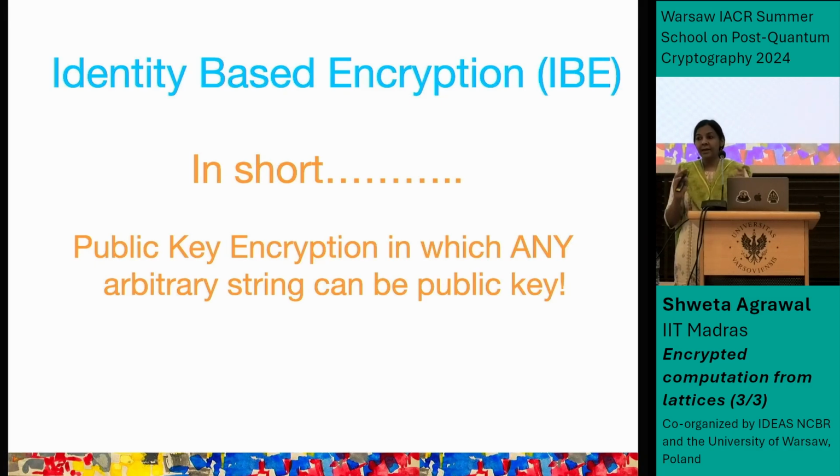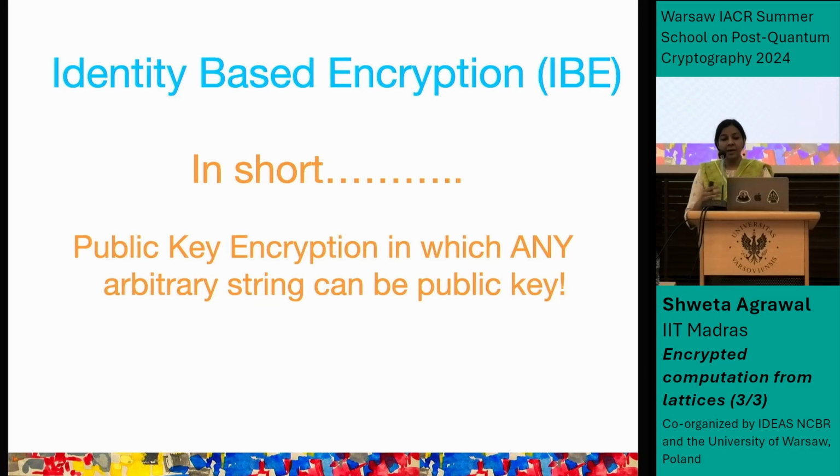So in particular, it can be your name, it can be your email address, it can be just any string at all, right? And this is very useful because, well, one thing is that it's just cool to have. You don't have to remember a long string of random looking digits for your public key. It can be whatever you want. It also prevents scams from certification authorities and so on. But we're not going to get into any of that. So what we'll be interested in is just how to construct this object and why it is non-trivial.